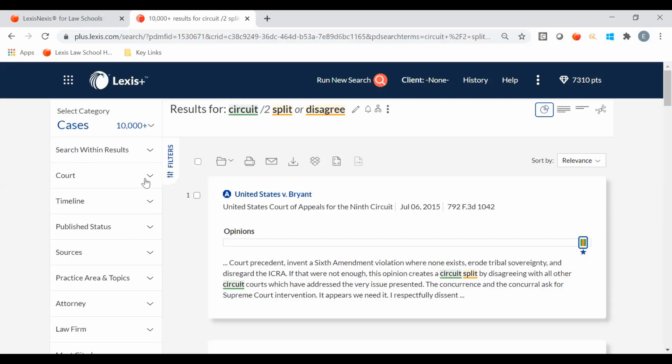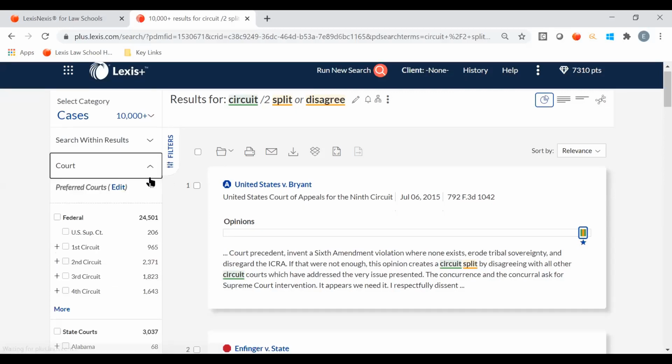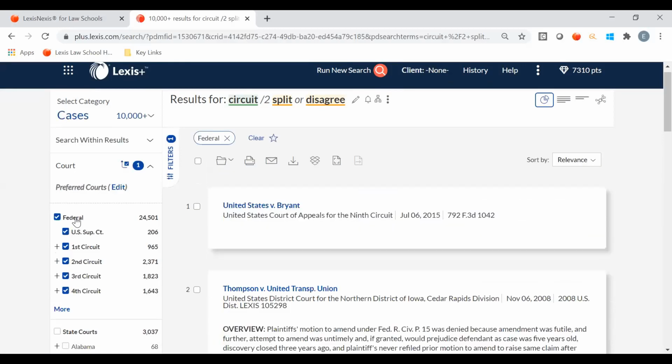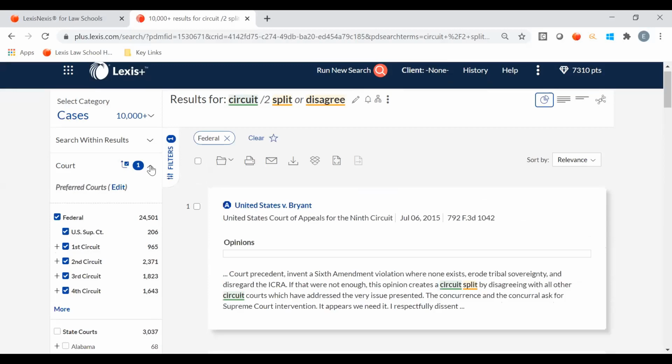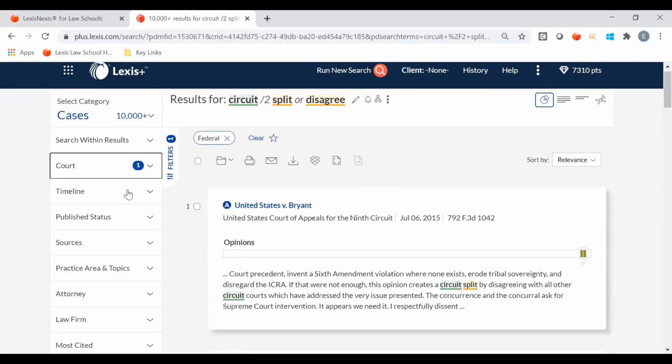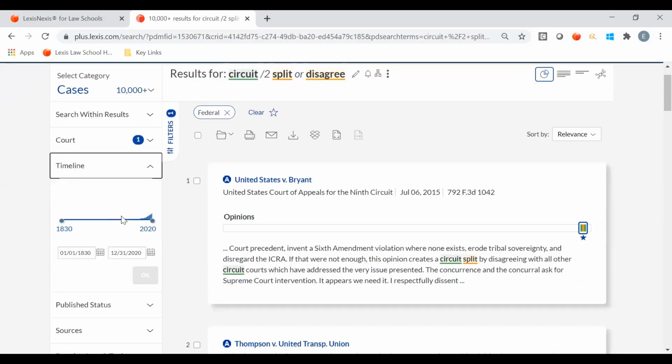And one of the first filters I'm going to use, because generally people write about a federal circuit split because they're federal courts, I'm going to go ahead and just take a look under federal courts. So I just want to see what federal courts are saying along these lines. And then usually with a circuit split, you're going to want to use the timeline here to look at only those splits or those discussions of splits for the past couple of years. So let's look at cases decided in the past couple of years. Because if it's an older split, the odds are it's already been resolved or that someone's already talked about how to resolve it, which gets to the preemption issue we'll talk about in future trainings.